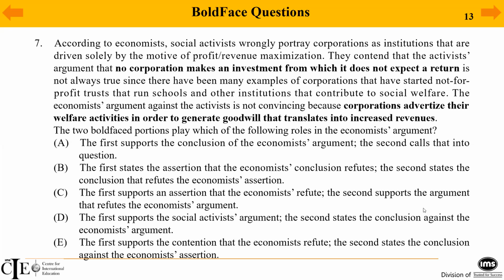First thing is very clearly, second is not the conclusion. Is that clear? So you can see the word because here. The main conclusion of the entire argument is this, and it is giving a reason because. So this is the reason. This is the evidence. This is not the conclusion. Anything that is based on evidence is the conclusion. So this underlined portion is the conclusion of the total argument.